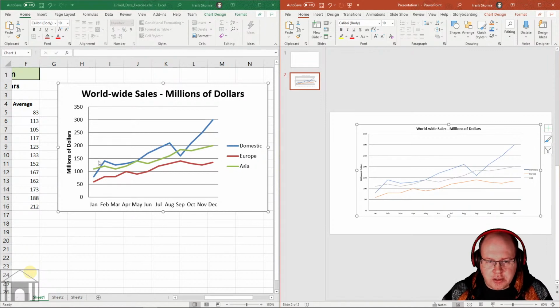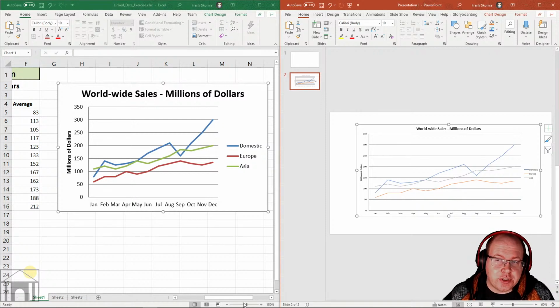But you can see the peaks and everything kind of match from one to the other. It looks bigger over here because I'm zoomed in over here, but it's the same chart. And it was a simple copy and paste from one to the other. Now, just like when we did the table into Microsoft Word, this is embedding the chart here into PowerPoint, but it